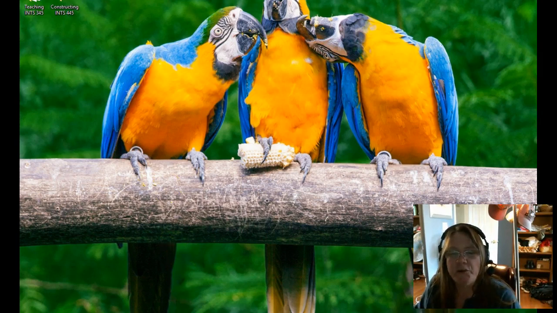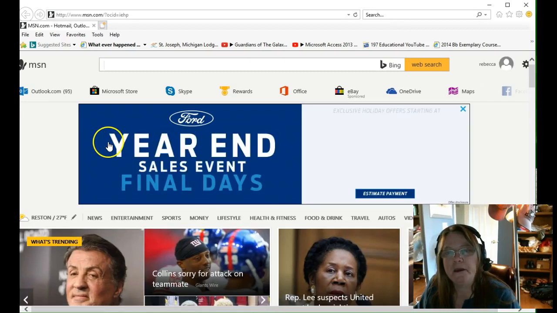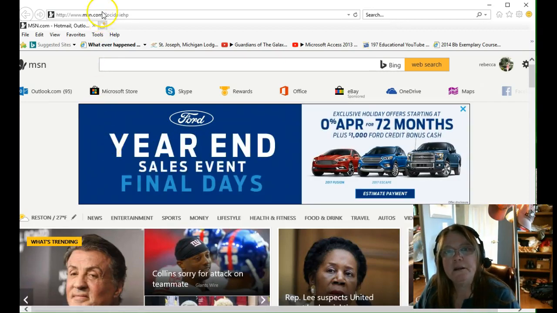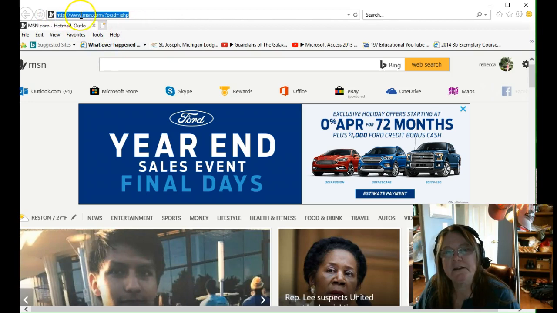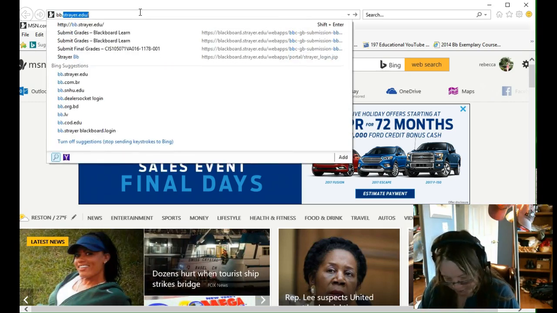So what I'd like to do is open up a browser, and I'm going to use Internet Explorer. You can use Chrome, Internet Explorer, or Mozilla Firefox. And I'm just going to open up a window in the URL, and that's this line here at the top. URL stands for Universal Resource Locator. I'm just going to type in